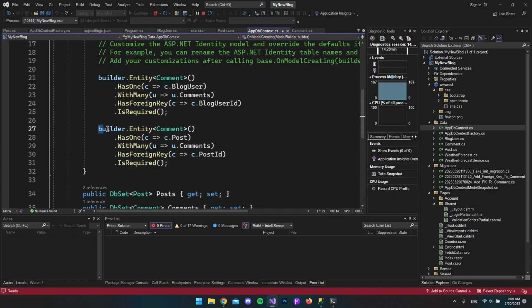And then I actually just do the same with the post. We target the entity, say that it has one post, so that a comment model, or just a comment, can only be in one post. Then we have, again, with many comments. And in this case, we set the foreign key to the post ID. And again, I said it is required because it makes no sense if a comment doesn't have a post that it's